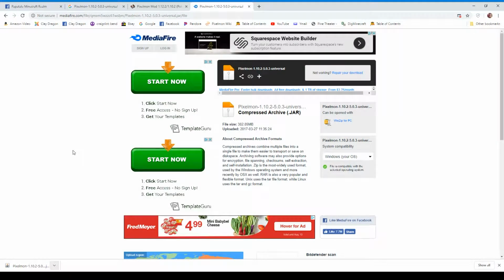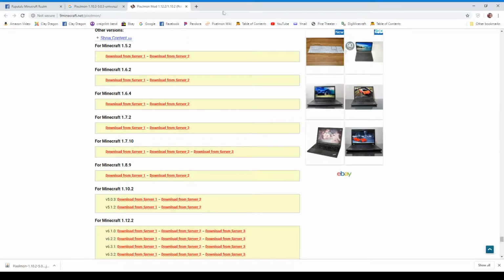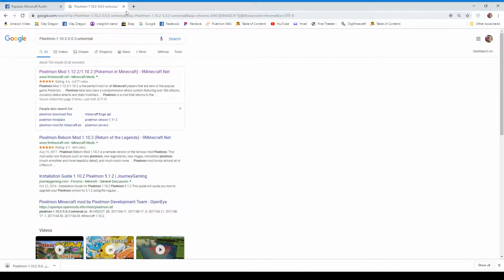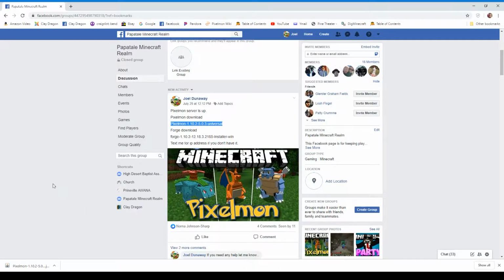Okay, after it all downloads, you should have Pixelmon 10.2.503 jar sitting down there, and you can go ahead and X out of those, all of them, coming back to Papatale. And then I would recommend going, don't get the whole thing, it gets a little confused that way. Just get Forge 1.10.2, just that much of it, copy it,